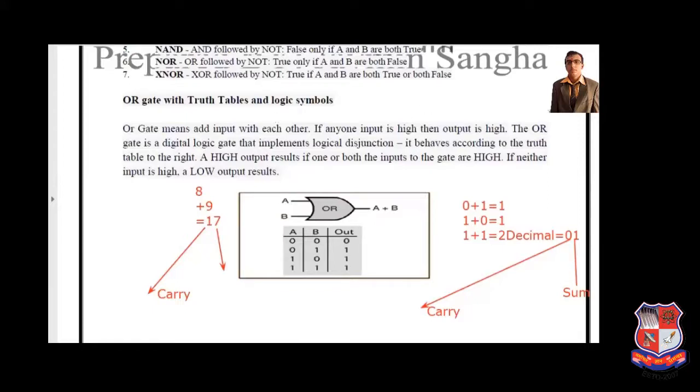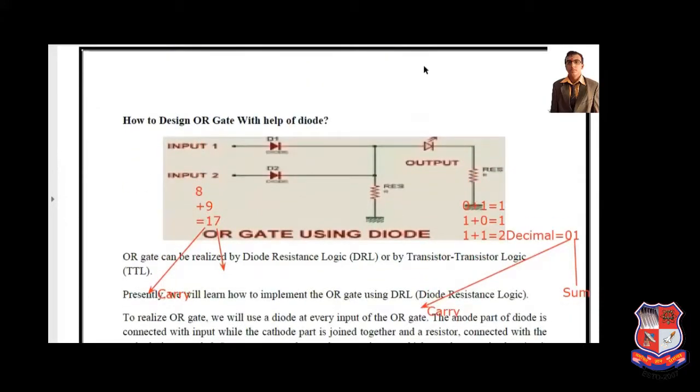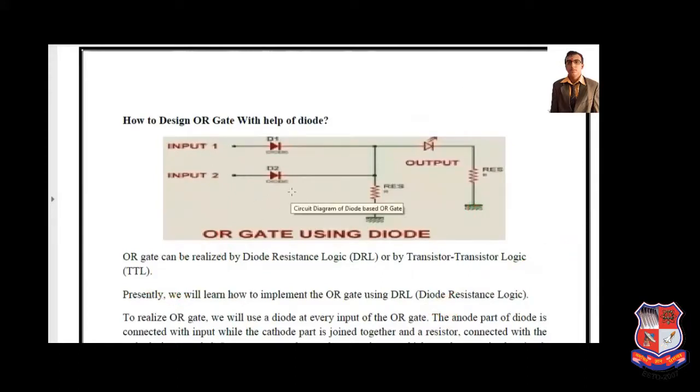Now we have switched over to the next point. How to develop an OR gate using the diode. See, this is the D1 diode, this is the D2 diode. Now if we apply 0 input here, and here also I have applied 0 input. I have explained with the first figure with the help of whiteboard, so you will be able to understand.